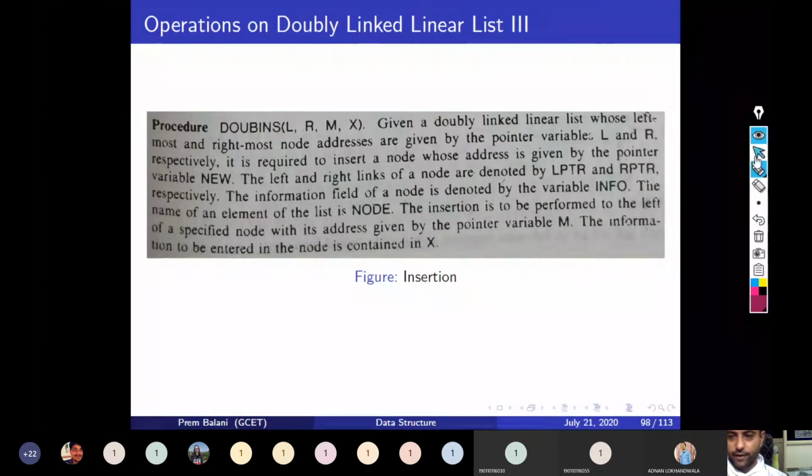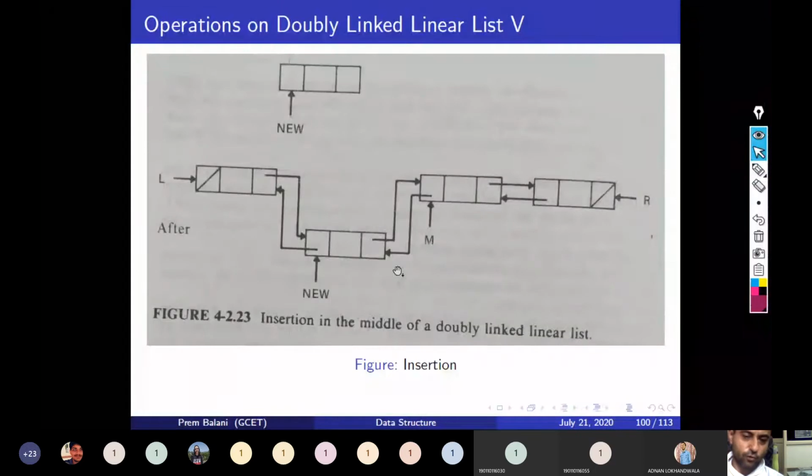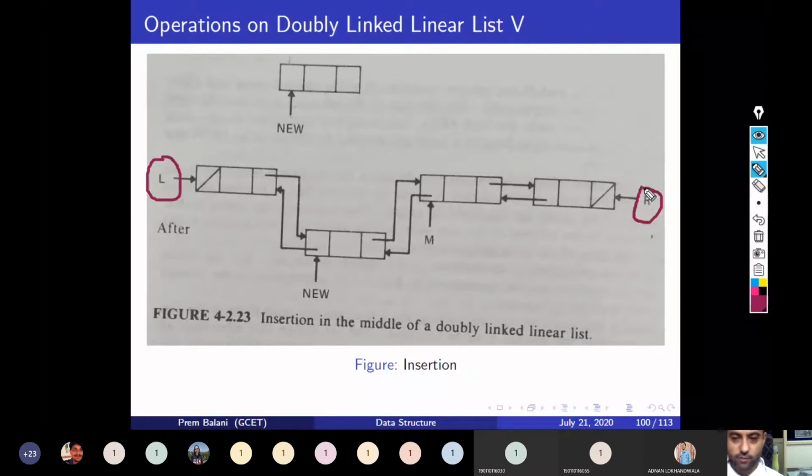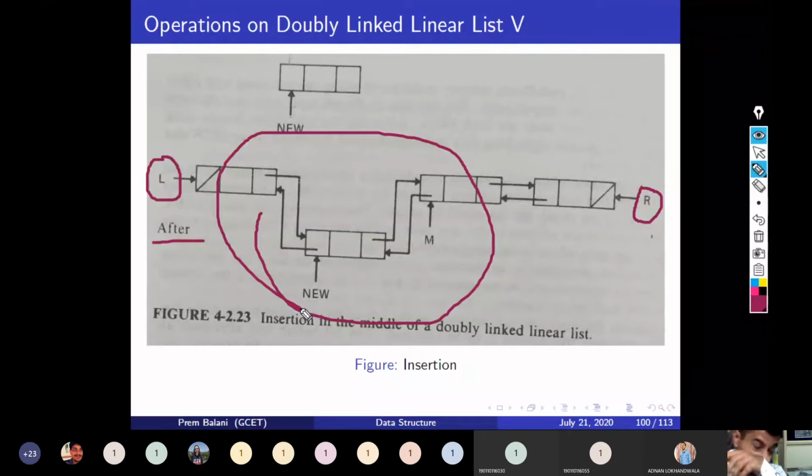So let's move ahead. Let's try to understand this algorithm. Insertion in the middle of a doubly linked linear list is represented in the figure, right? We are given L and R pointers. L is pointing to the leftmost node, R is pointing to the rightmost node, and after inserting a node, this is the output of the doubly linked linear list.